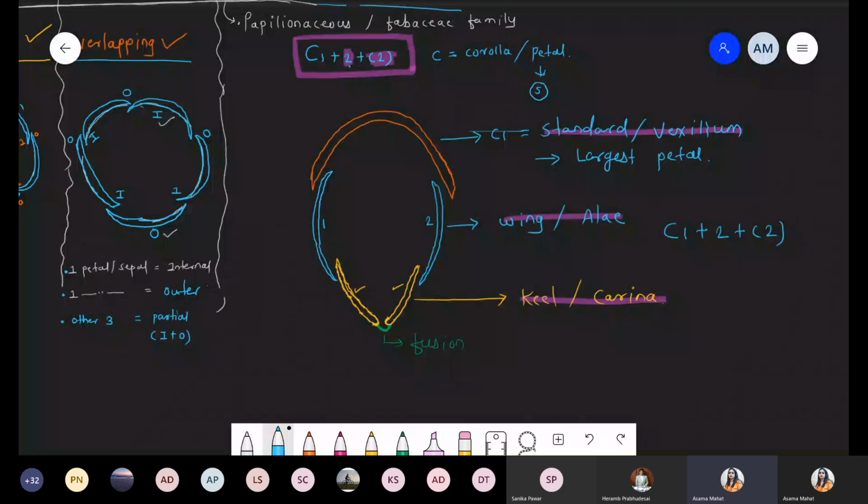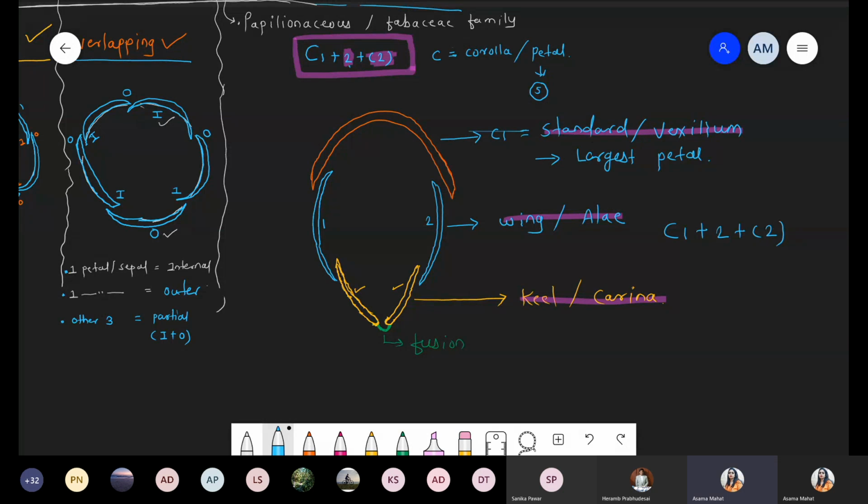Got this point? Because in family, this is what we have to see. We have to represent the family flora, the family diagram, and on the basis of that we have to distinguish. Yes, the corolla petals are free. Sepals are fused. Now these are free: androecium, gynoecium. So we have to represent it like that. So remember, without bracket means free. With bracket means these are showing the fusion. Got this point, everyone?